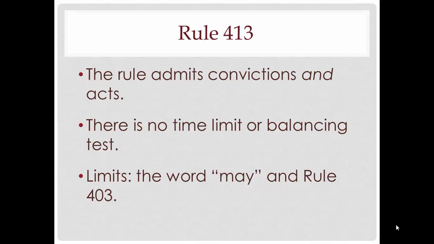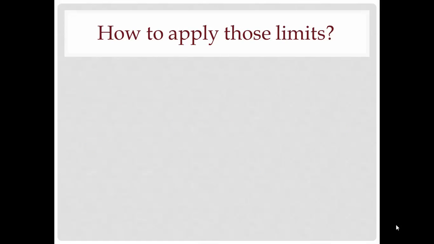Rule 403, meanwhile, gives the judge discretion to exclude evidence when unfair prejudice substantially outweighs probative value. A judge, however, would acknowledge that it's difficult to apply those limits in a Rule 413 case. Evidence of prior convictions or other bad acts usually is unfairly prejudicial because the jury will engage in propensity reasoning. The jurors will assume that if the defendant did this bad thing before, he must have done it again.